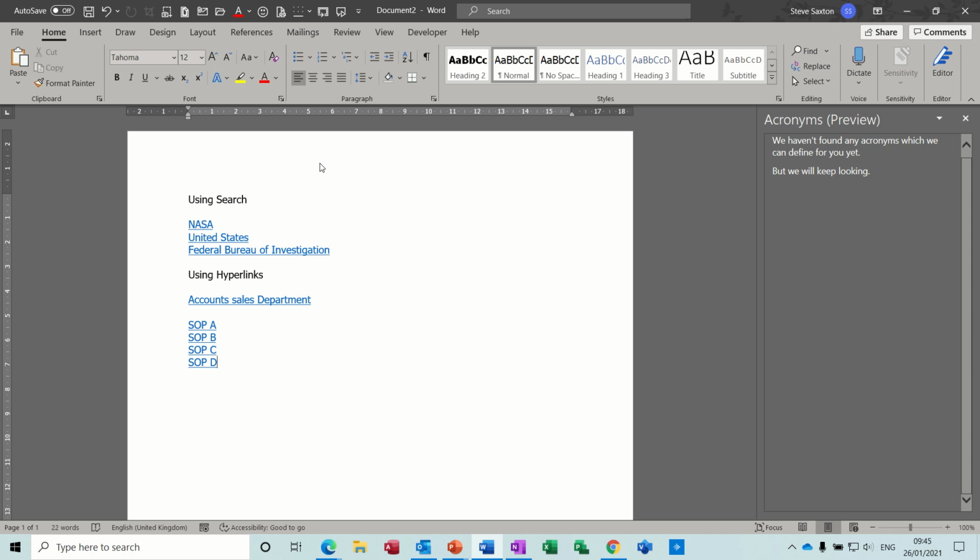In this session, I want to have a look at how you can create links to various documents and various websites and the different ways of doing it. So on the screen, I've got two little tables. One says using search, the other one says using hyperlinks. So if I come down the screen a little bit and do the search one, so if I type in